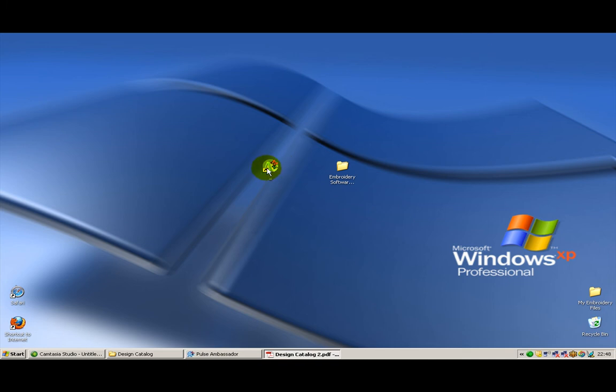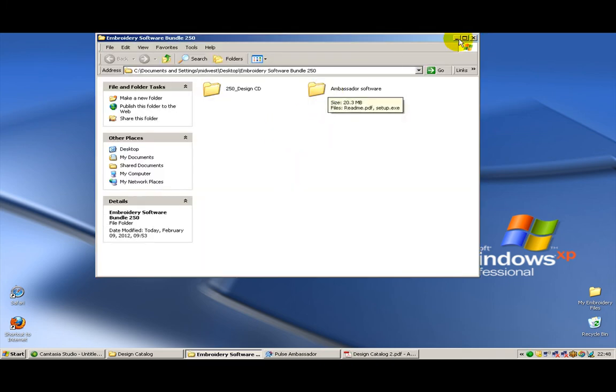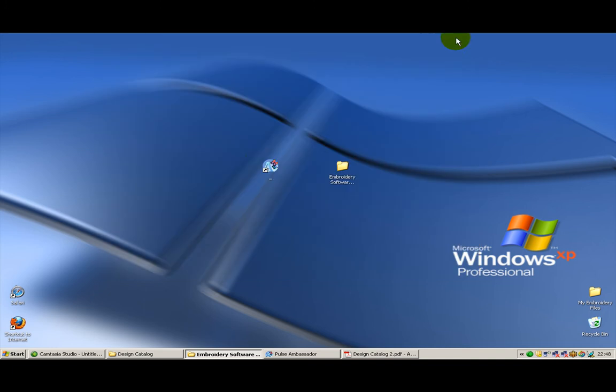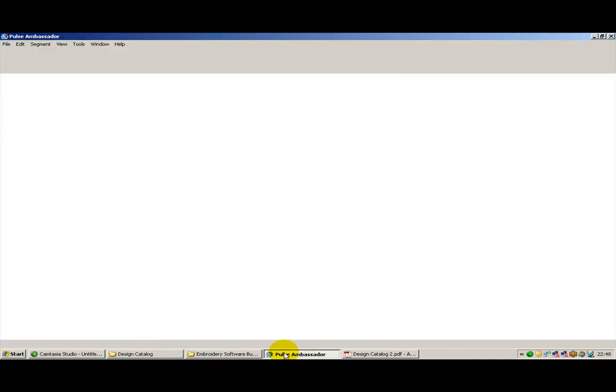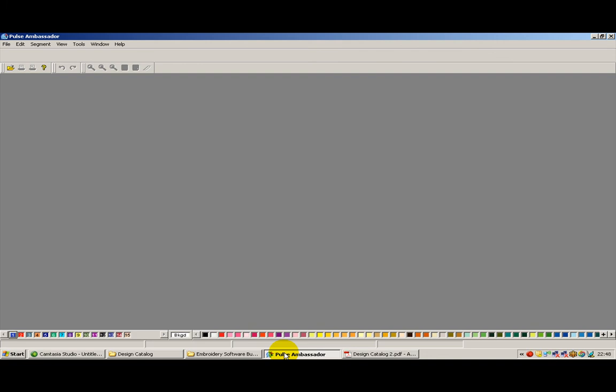Secondly, I want to go ahead and install the ambassador software. Once you've done that, you will have the icon on your desktop. You just double click that and that will start up the software program. I've already installed the software system, so we can talk a little bit about what it does. Okay. First things first, we don't have a current page set in, so we just go ahead and talk about